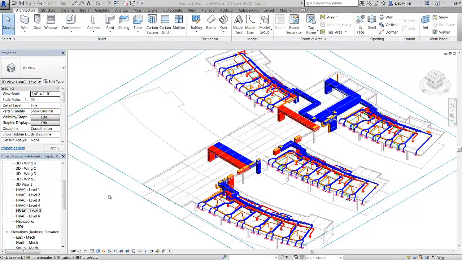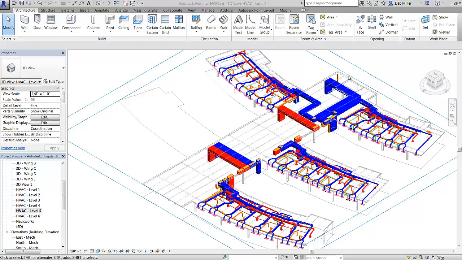Here we are in Autodesk Revit 2015. We have our HVAC model loaded up and ready to go. And note that we are logged in, in this case, as one of the personalities or personas, Deb Miller. So she's the one who's going to be responsible for making some adjustments to this model if a clash has